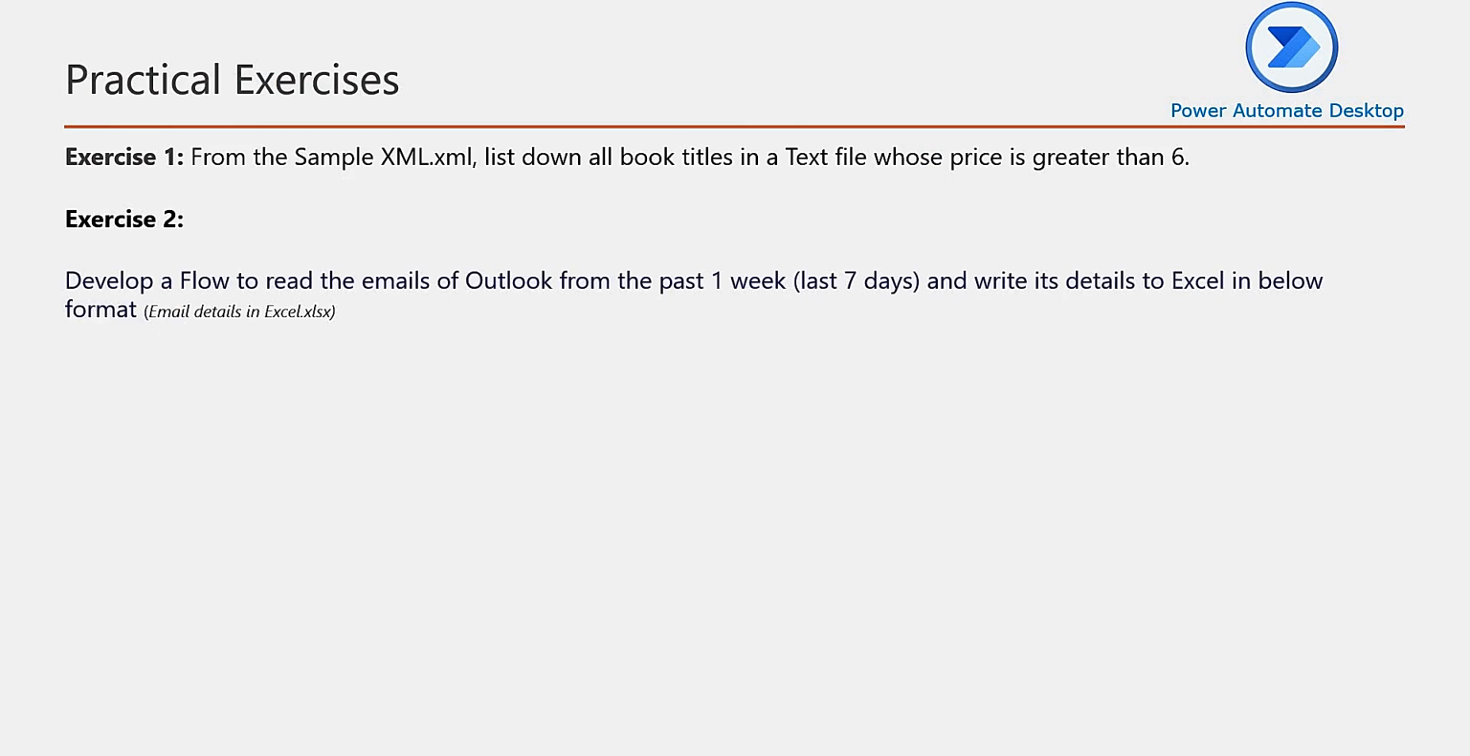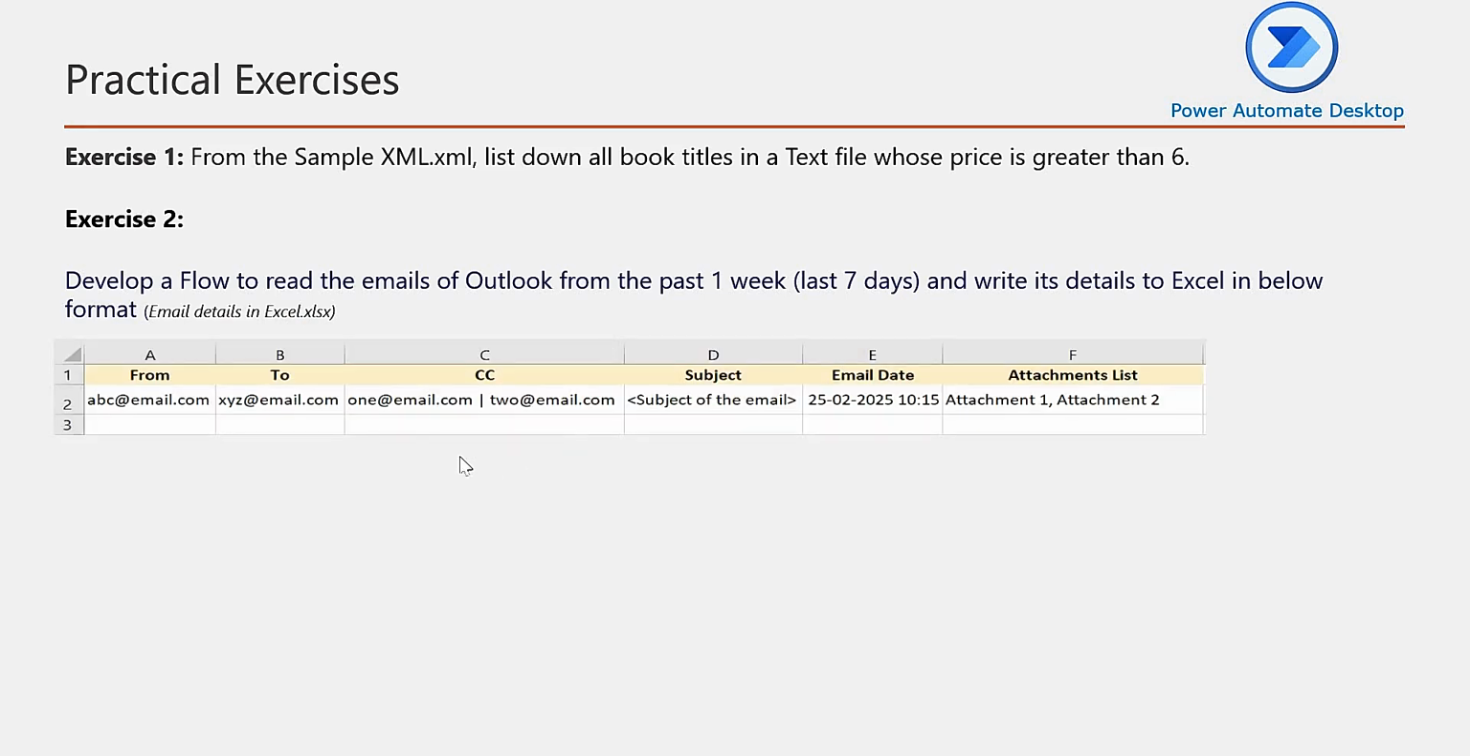Exercise 2, develop a flow to read the emails of Outlook from the past 1 week, last 7 days. We spoke about this in the Outlook automation section, but now that we have learned some date time related operations and text functions, you can go ahead with this. There is a file called email details in XLSX in excel.xlsx. Why is that required? Because you need to display all the emails from the past 7 days in this format